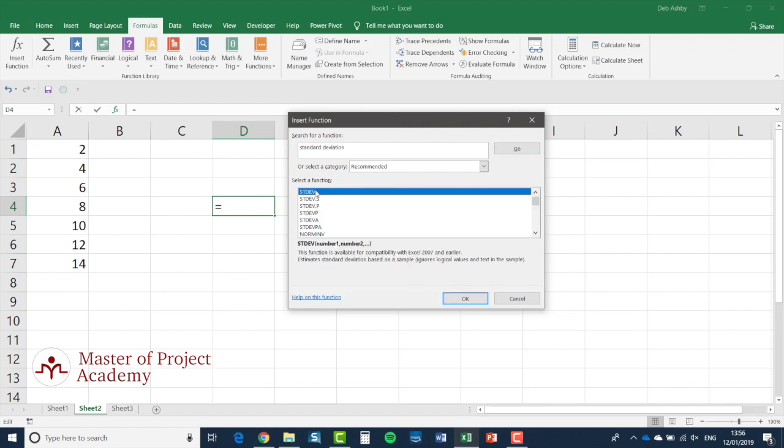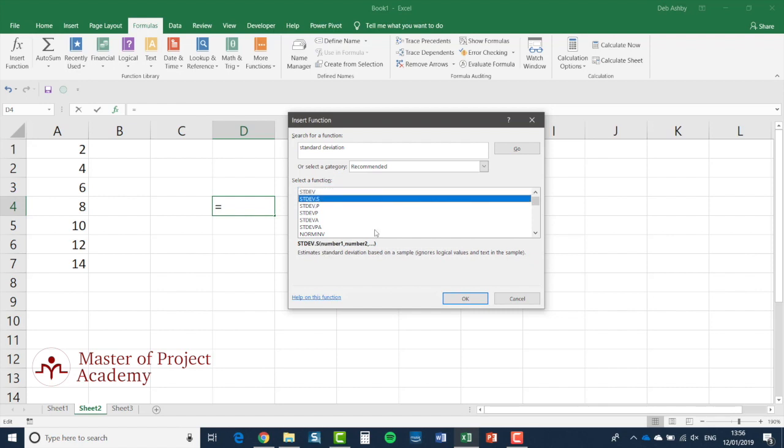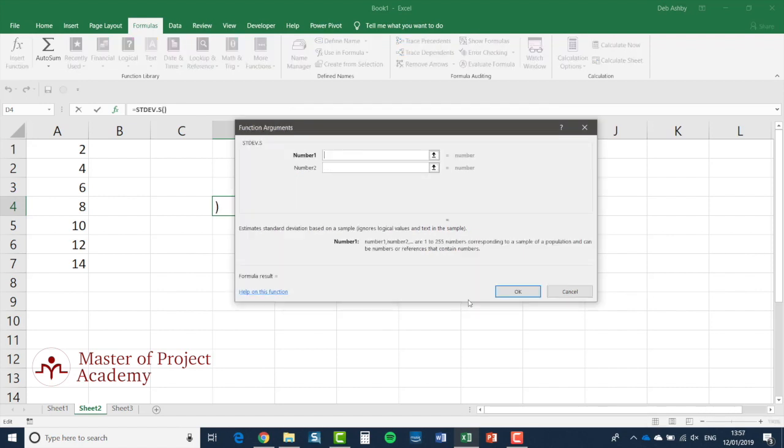And I know that the one I want to use is this one just here. So now I can see my function arguments dialog, and this is a useful dialog not only because it will remind you of the arguments you need, but it can also help you enter the arguments for the function. So you can not only type arguments in, but you can make selections on a worksheet to form the arguments